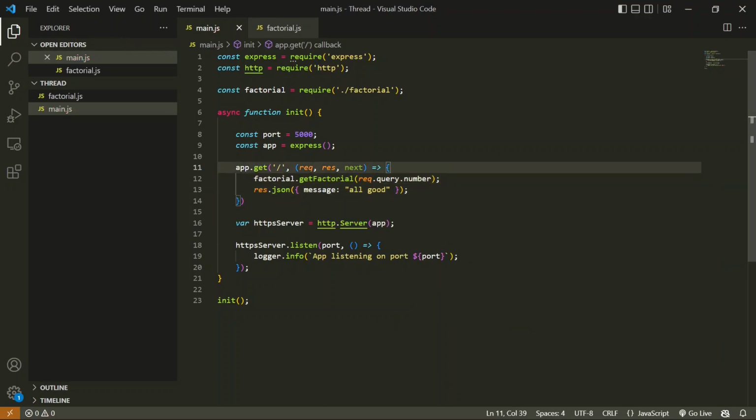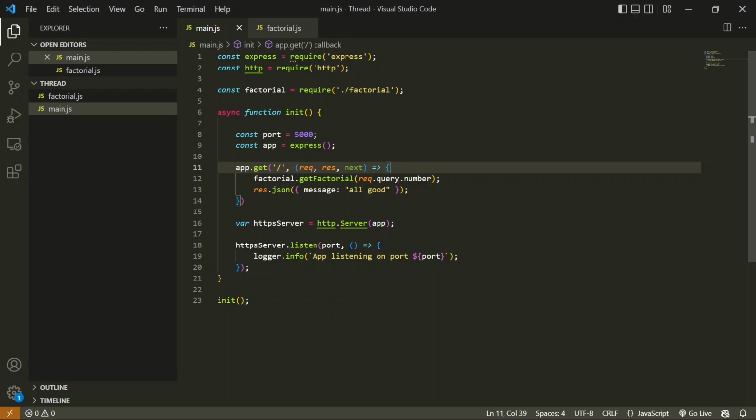Here, whenever I get this, I'm going to calculate this number. For smaller numbers the factorial will be easier to calculate, but for a larger number it will be very hard to calculate because it will take a lot of CPU. So the first step is always to find out the root cause of the delay in your Node application. Once you find that, you can move that particular part of your application into a worker thread, which will be a separate thread where it will be running.